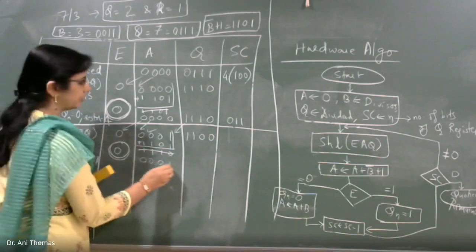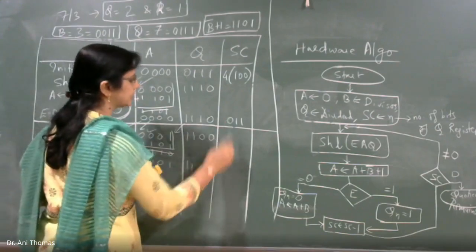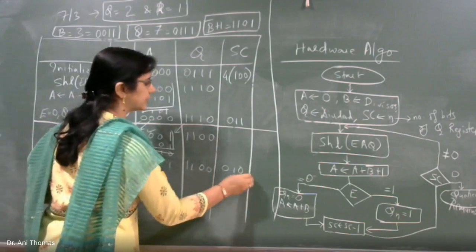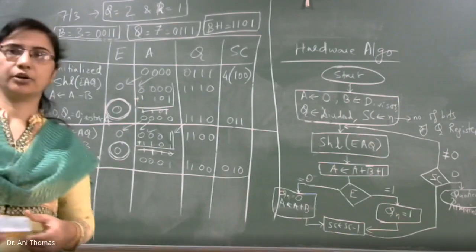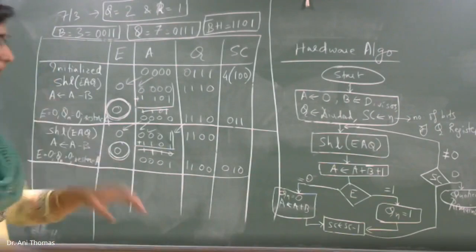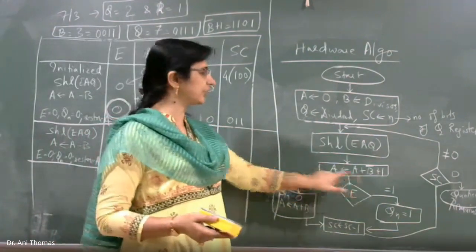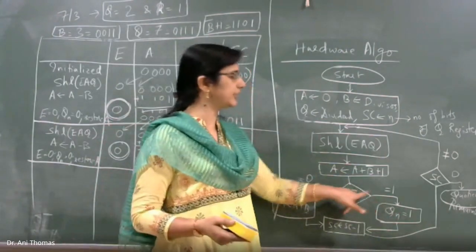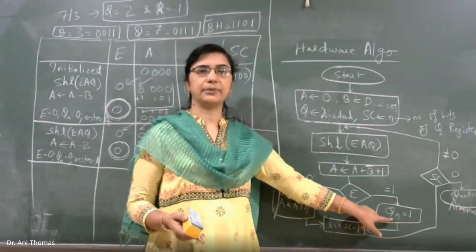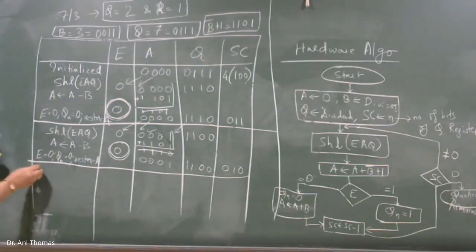And so this will be your value now, 1, 1, 0, 0. The sequence counter is decremented by 1. So you will have this value. Second step over. Here it says, depending on the value of E, either you restore that A value or you keep the changed value only if E is equal to 1, and Qn will be 1 that time. Then again, shift left.